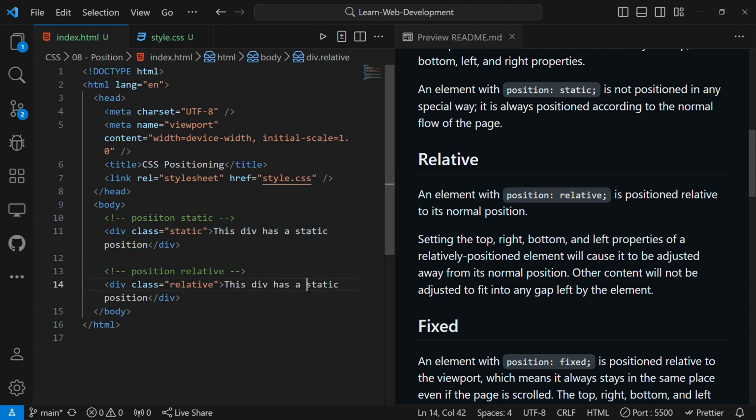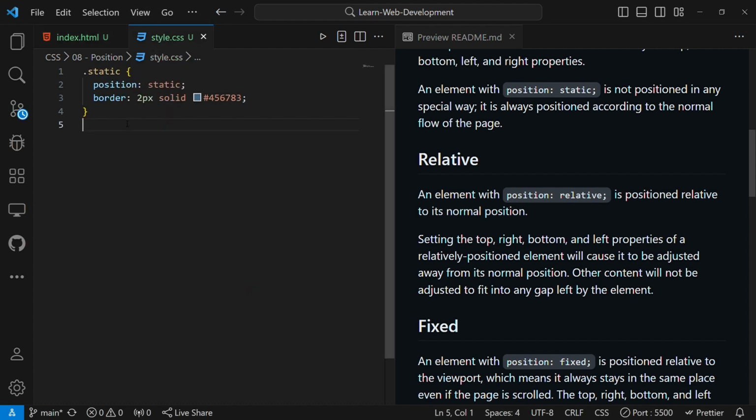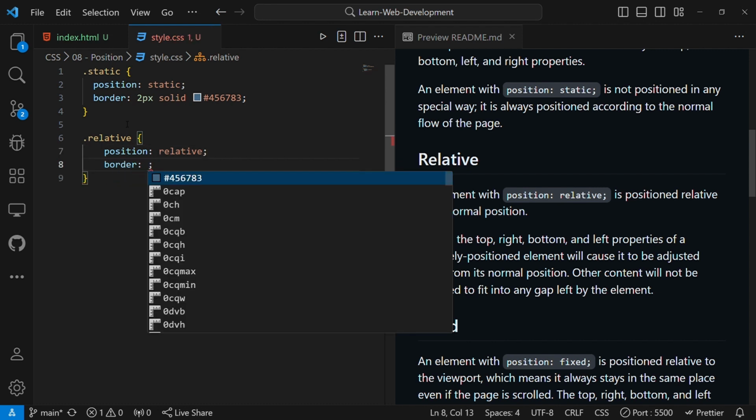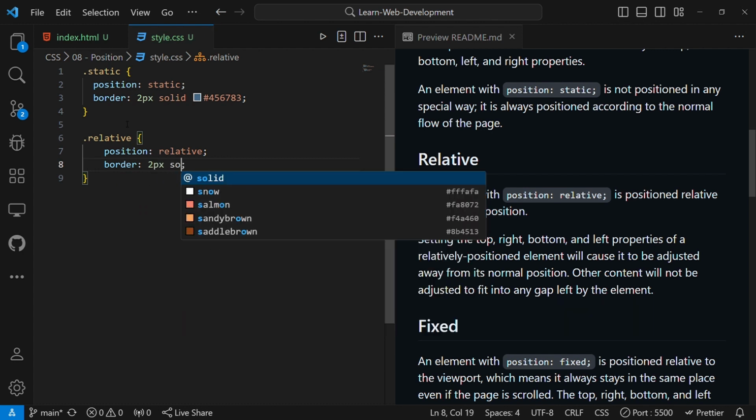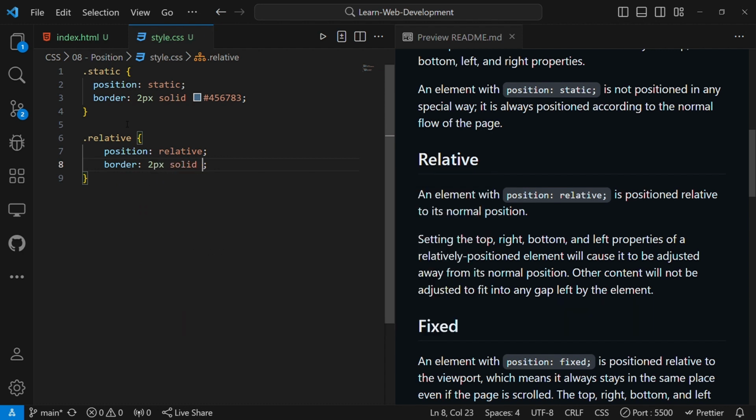Just as a relative position, like that. Then I'll save. Then I'll go to my style sheets and style this relative class and give it a position of relative, like that. Then I'll also add a border, 2 pixels, solid. Then I'll put this color, 1, 2, 3, 4, 5, 6, that color,